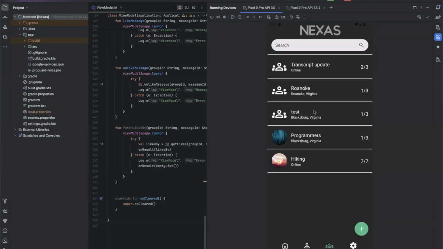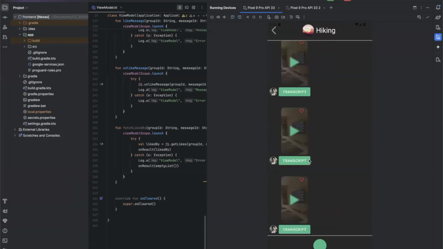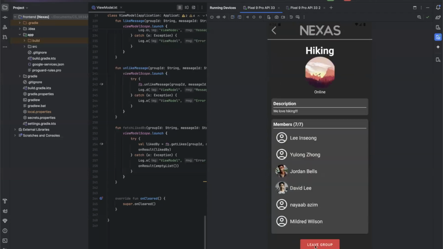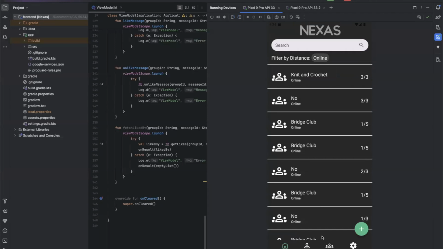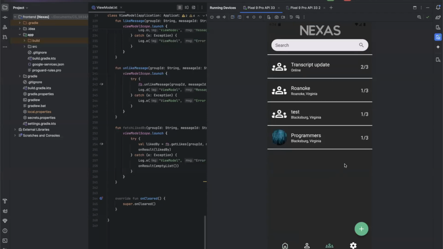Now, if we go back through these, we can go into a group like hiking, and we can see messages are currently in the group. So we can, let's say, leave this group. When we leave this group, it should show up as join group now. And if we go back to the home page, we'll see that group is no longer available in our groups